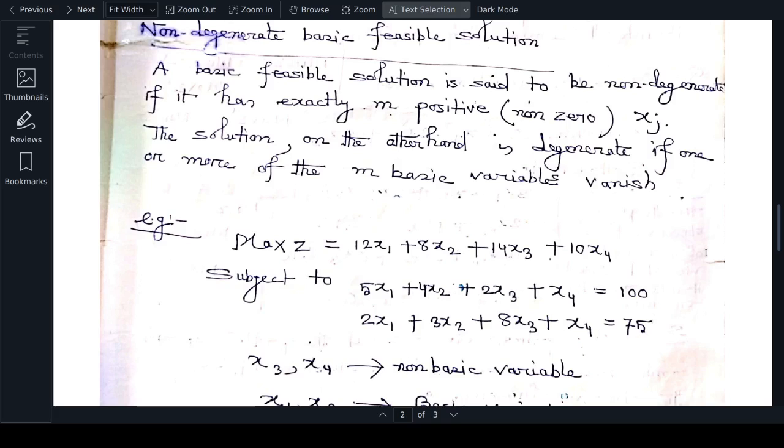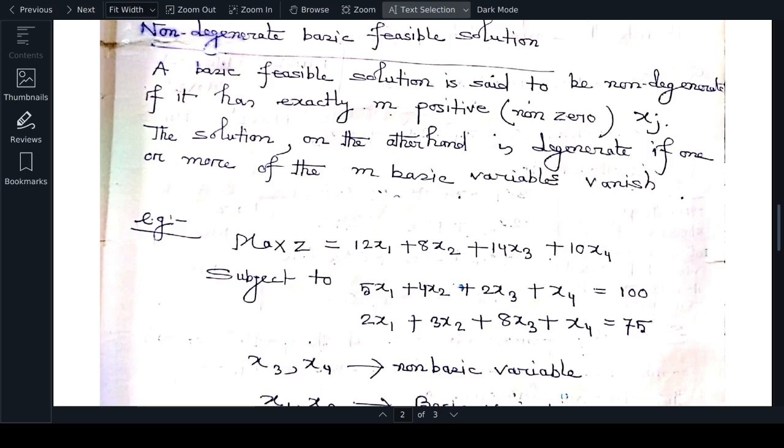Greater than 0. Yes, good. Then the x1 and x2 values should be greater than 0. If the x1 and x2 value is, suppose, equal to 0, then we cannot say that this is a non-degenerate basic feasible solution. This is clear? Next line you see, the solution, on the other hand, is degenerate if one or more